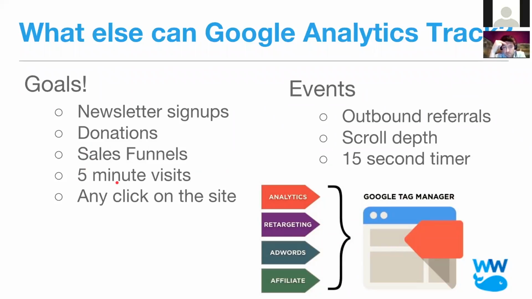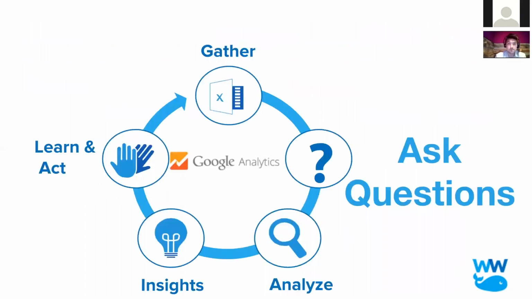You can set up a goal for the amount of time someone spends on the site. So if you want to know whether someone spent 5 minutes on the site, you can track that as a goal. Pretty much any click on the site can be measured, but it's important to define why that matters, which is why we go back out to the understanding of what our outcome is and why a certain goal might be predictive of the impact we want to see in the world, such as, again, with Power Poetry, the more poems young people are creating, the higher the chances that we're having an impact and moving the needle on literacy.